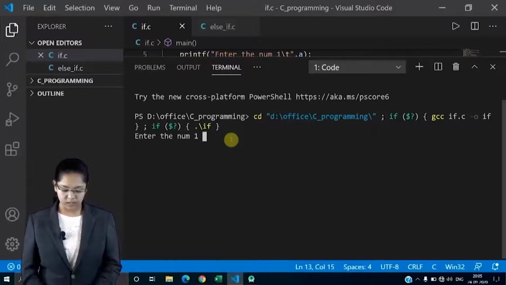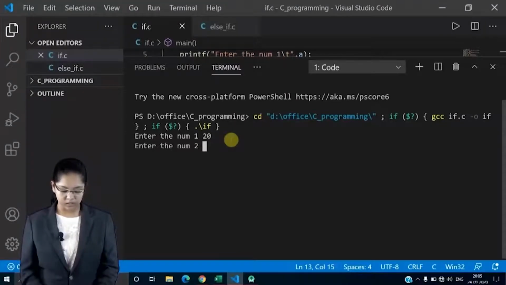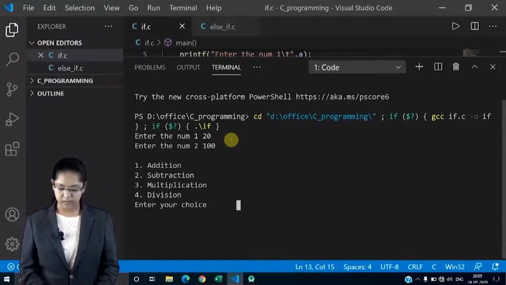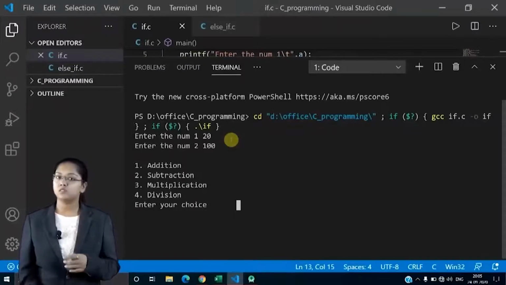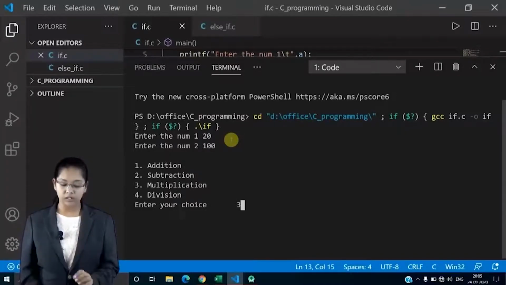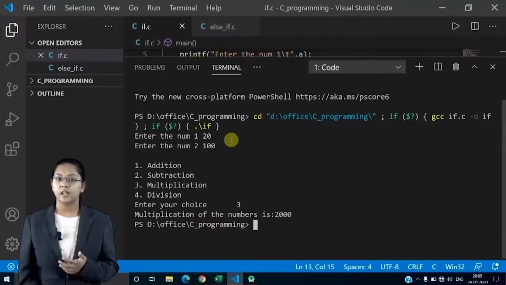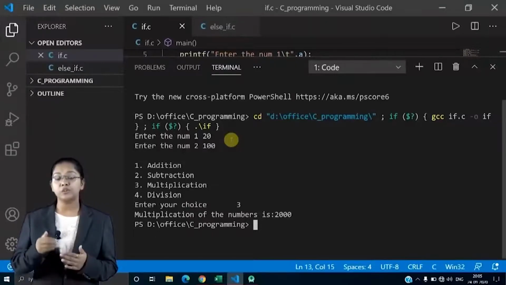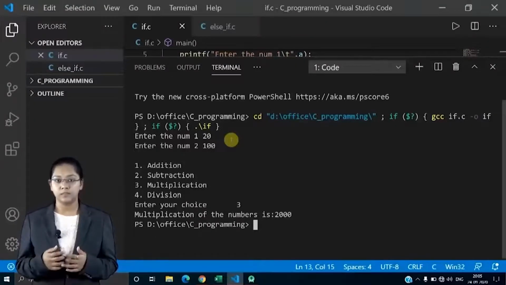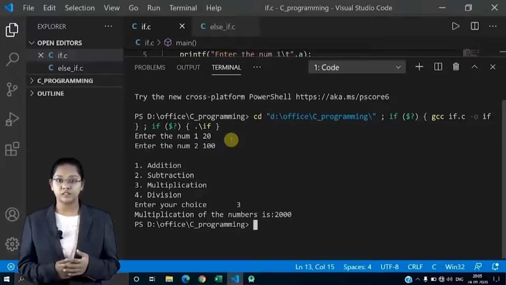Number 1, let's say 20, then number 2, 100. Now I will choose 3. Third is my multiplication. So see, 2000 is my answer. So this is how your menu driven program works, through switch case.